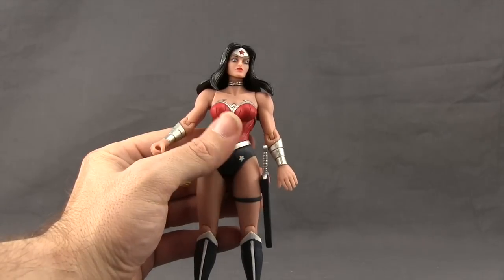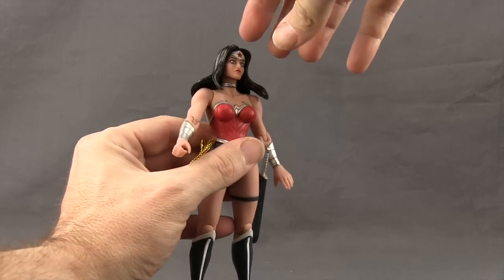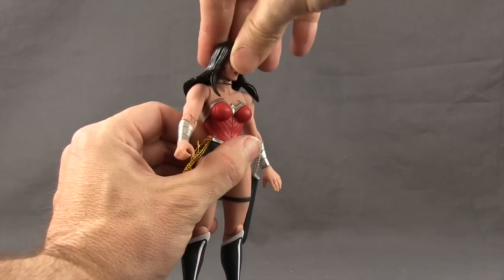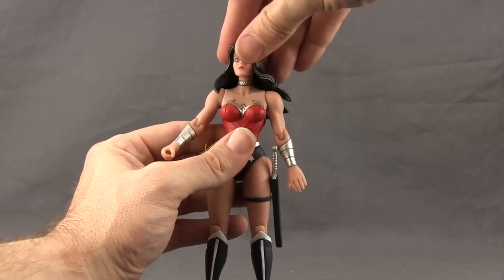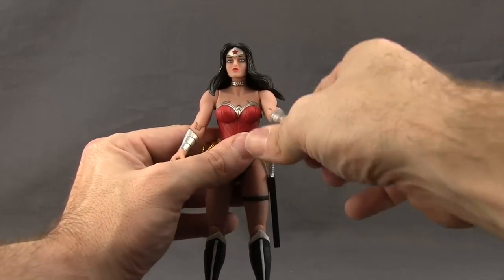Articulation is not that good on this figure. You can turn the head to the left and to the right, and as I mentioned, the hair is soft, so it doesn't really limit the movement that much. She has a little bit of back and forth movement, and you can kind of pivot to the left and the right a little bit, but not a whole lot. Arms attached with your standard ball hinge joint at the shoulder,